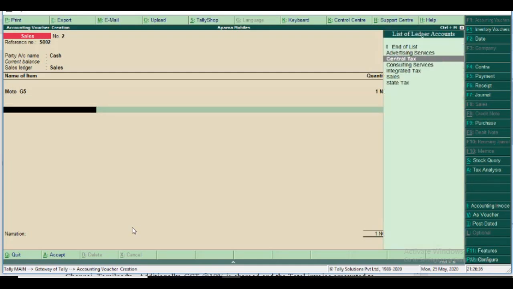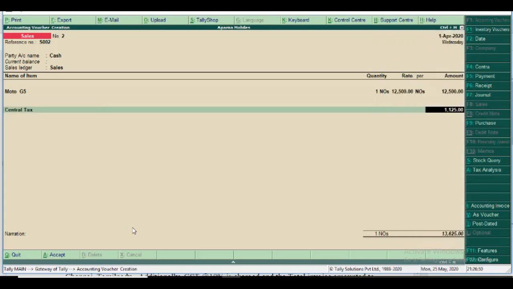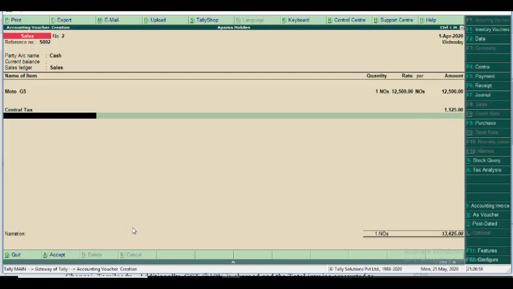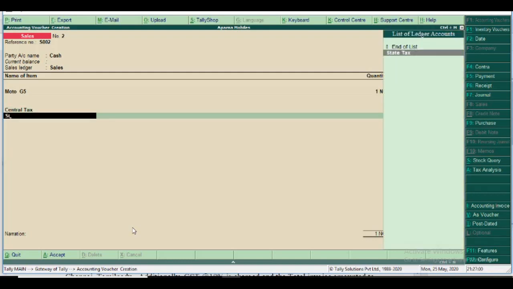So I select first. This is Tamil Nadu to Tamil Nadu. Place of supply and location of supply also same. So central tax and state tax are applicable. So I select central tax first. 12,500 at 9% gets 1,125. Okay, then I select state.